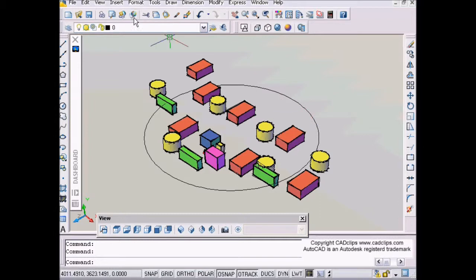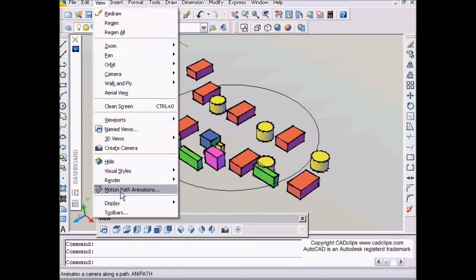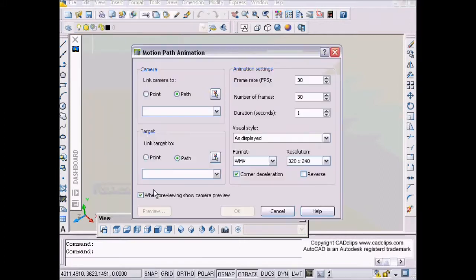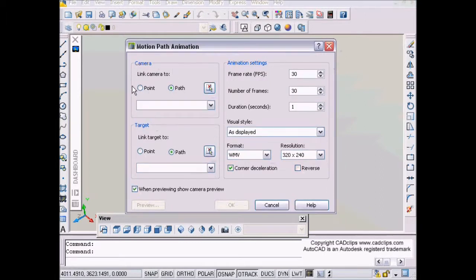In this lesson we're talking about the motion picture animation stuff, which is really exciting, and we can see lots of use for that right away. We'll go in there by clicking on our View menu and going down to Motion Picture Animations. You can see there's dots after it, which means a dialog box is going to come up, and inside of there we can specify the camera information, the target information, and animation settings,